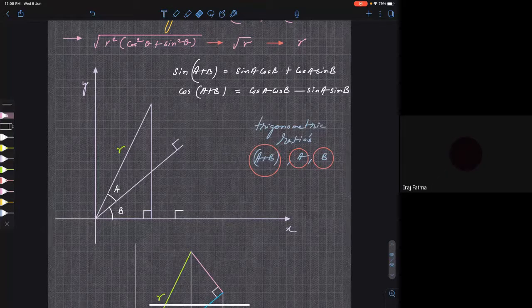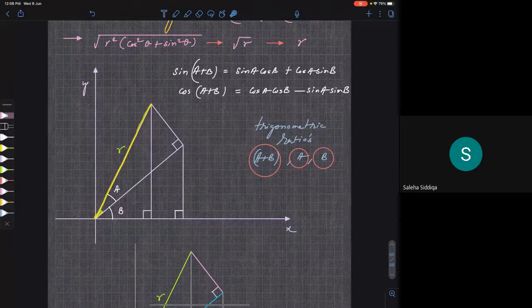Yes, sir. Okay. I dropped one more perpendicular from here to here. Now I got a right angle triangle containing angle B. Now I dropped a perpendicular from that first line to the second line. Now I got a right angle triangle containing angle A. So see, first I drew this line R, which was making angle A plus B. Clear? Then after drawing this line, I have drawn this line, which is making angle A with this line. So automatically I got angle A, angle B, and obviously angle A plus B. So three lines I have. You are getting my point?